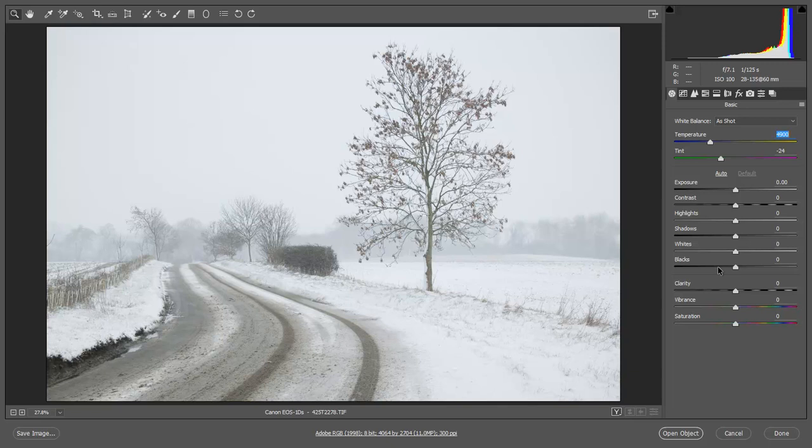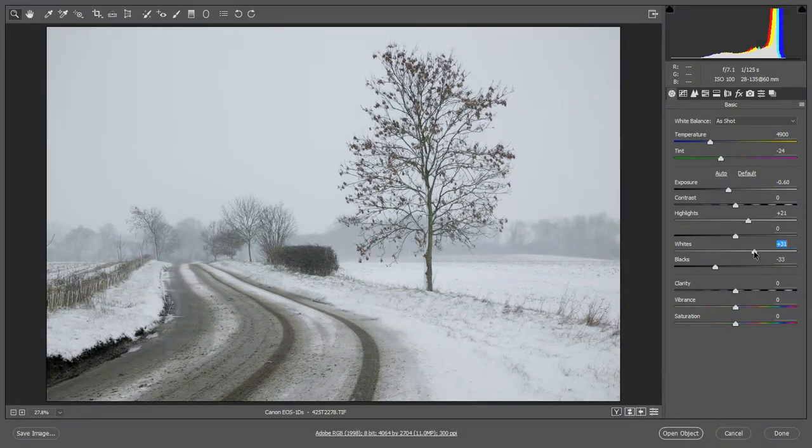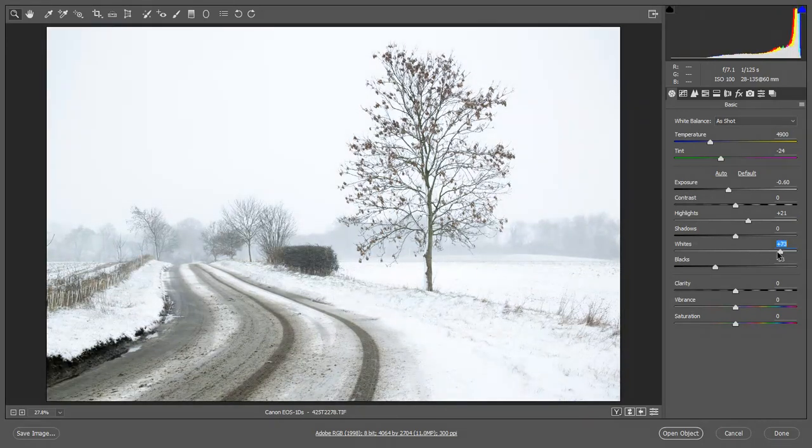We may want a little bit of blacks to take the histogram a little bit more to the left. We may want to drop the exposure a little bit. We may want to push the whites and the highlights just to bring those peaks out, because we know we're not going to lose detail until that little white light coming on up there on the top right. Keep away from that and you know that you've got tone everywhere. And we could warm the image and a little bit of clarity, a bit of vibrance. Not too difficult or time consuming to produce an image which is typical of what we would see in the